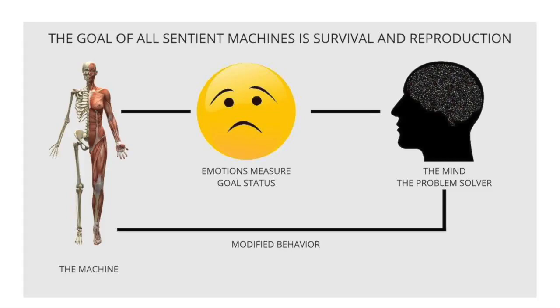So I've got lines connecting things here. These lines are at least two-way between the body, the machine, and the emotions. The emotions in human beings and most mammals are seated in what's called the limbic system in the brain. You don't need to know all this stuff. All you need to know is there's a significant part of the brain that's dedicated to handling emotions. Fear, anxiety, all those kind of things.